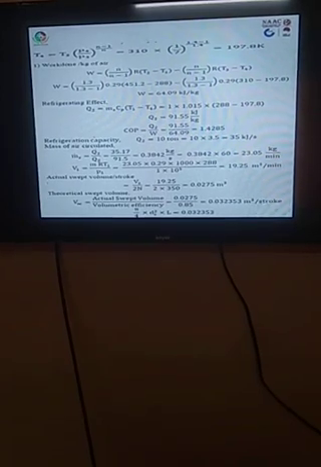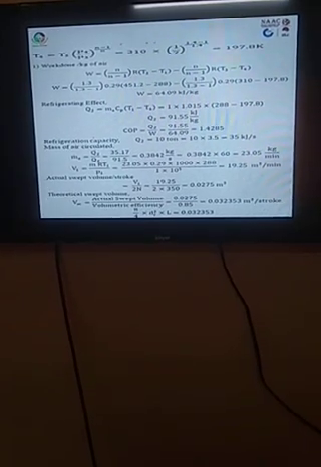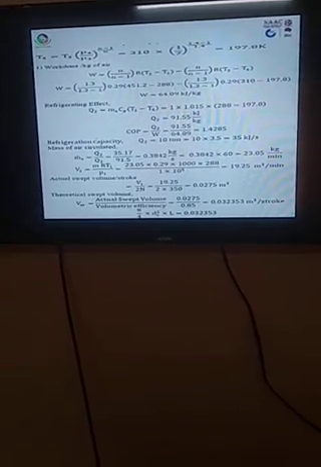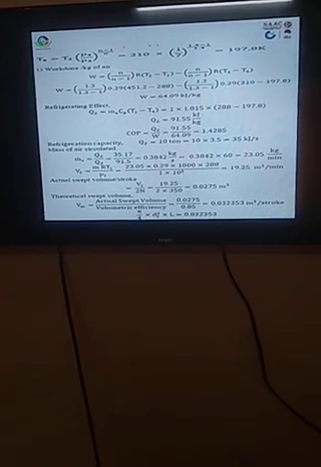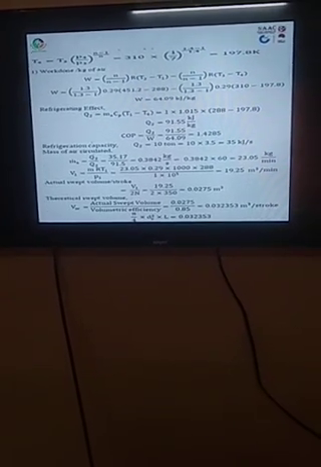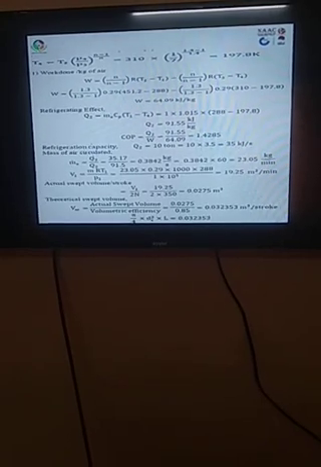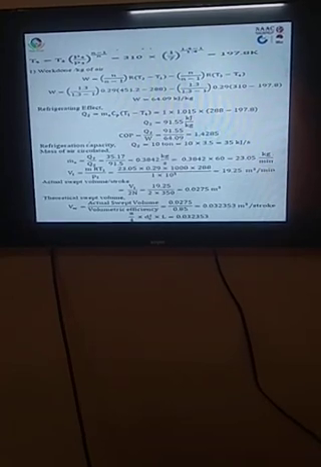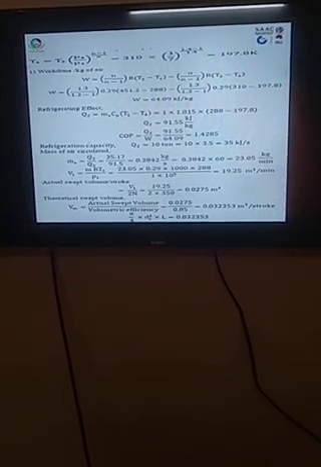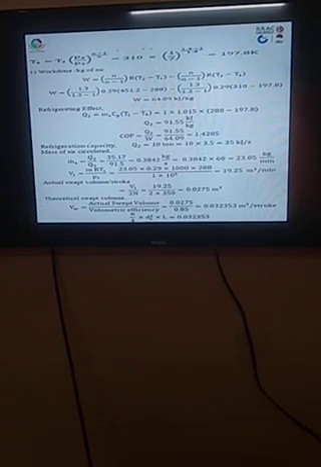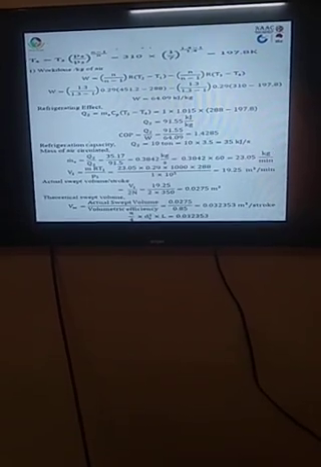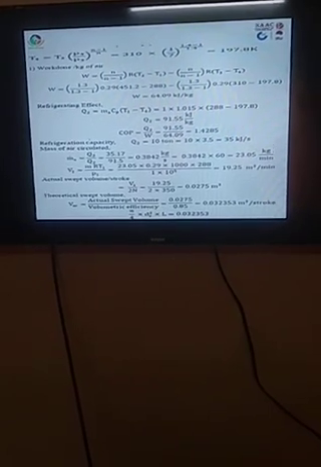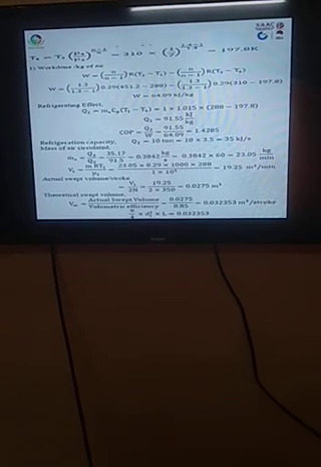There is a small difference between the m suffix a which we are calculating right now and the m suffix a which we considered earlier for calculating the Q2 value. This particular m suffix a has a dot on its top side. That means it is a rate, hence the unit must be kg per second or kg per minute. That is a small difference you need to understand while solving such numericals. So m dot a, the mass flow rate of air circulated, is obtained as 23.05 kg per minute.